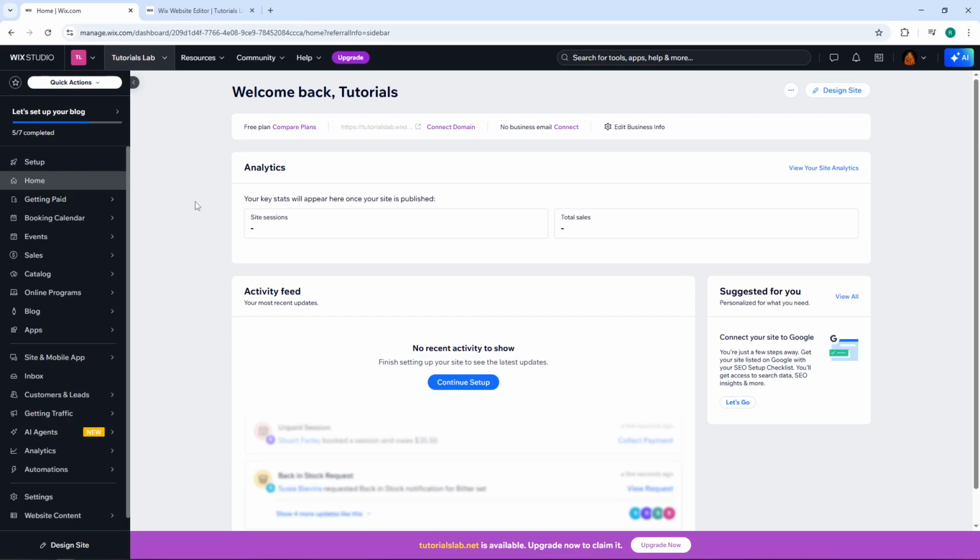Welcome back, everybody. Today, I'm going to teach you how to change the menu order on Wix. This is a super useful skill to have when you want to reorganize your navigation to better guide your visitors